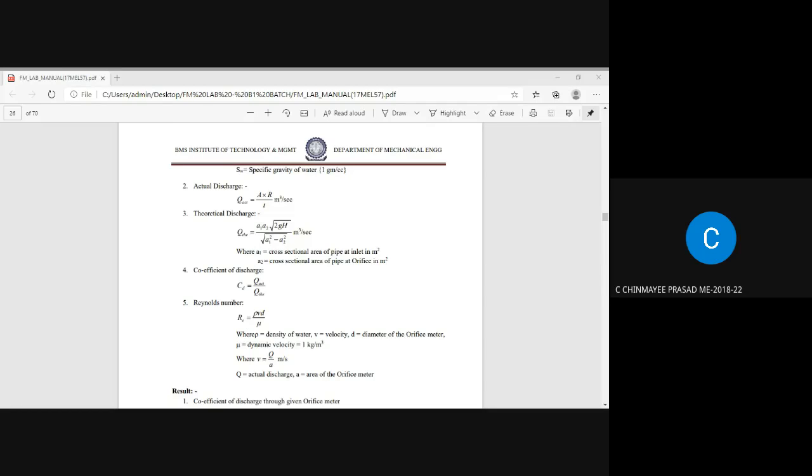Sir, the specific gravity of mercury is in gram per cc. No, that is wrong actually. We don't have this one. That is the standard value, 13.6. We don't have a unit for specific gravity. So I should take it as 13.6 only. Only the standard value. No unit for specific gravity.